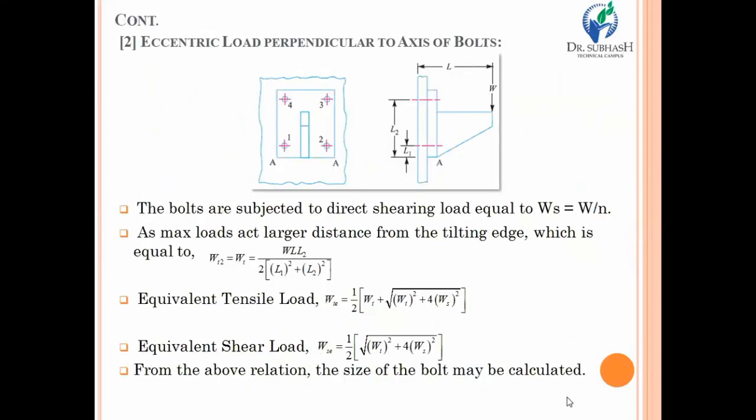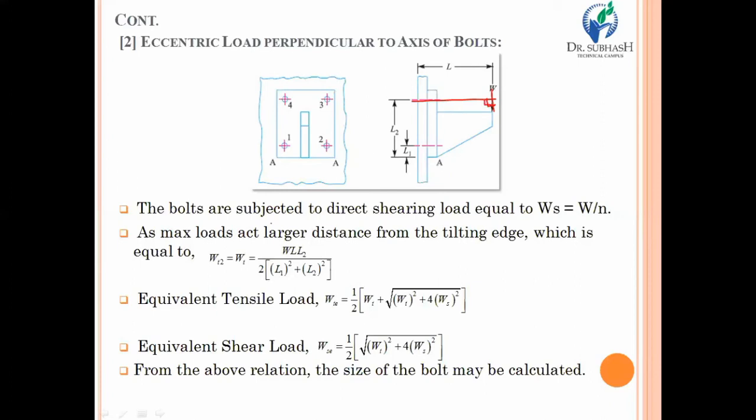After that, the second condition of application of the loading with respect to the geometrical axis of the bolt is that if you are finding an eccentric load which acts perpendicular to the axis of the bolt, then there will be a little bit of change in design. Look at the diagram clearly. You have one bracket, and whatever the load is acting, it has a perpendicular relation with that bolt axis. So over here we can say that the axis of load and the axis of bolt have a 90-degree angle between them.